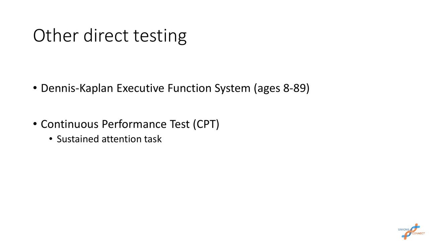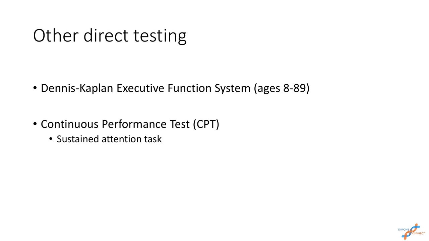Another common one that you'll see, especially when we're looking at children being diagnosed with ADHD, is they might be asked to do something called a continuous performance test. It's usually a computer-based assessment where children are supposed to just pay good attention and respond maybe by hitting a button every time they see a certain letter or every time something specific happens. It's thinking about executive functioning as sustained attention, but also to some extent for some of these tasks it can be a little bit of inhibition, and not just hitting the space bar or hitting a button every time some event happens.